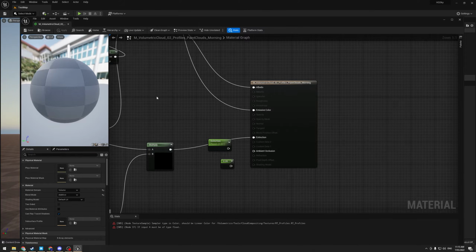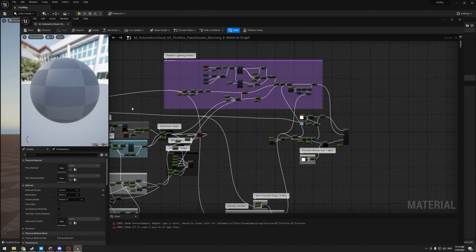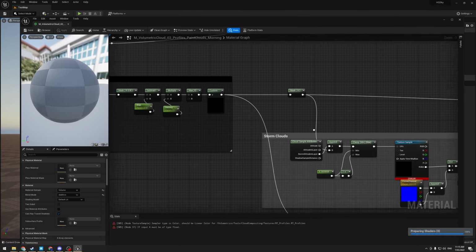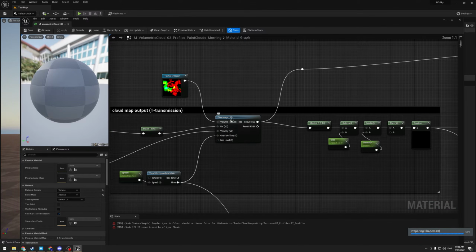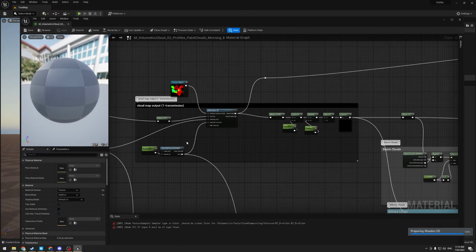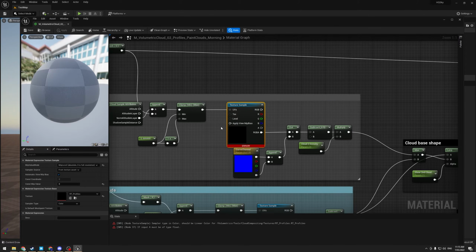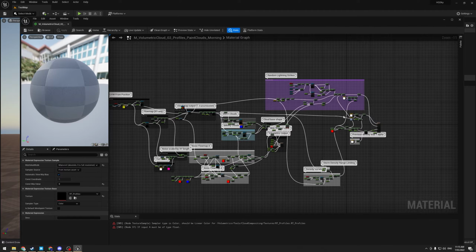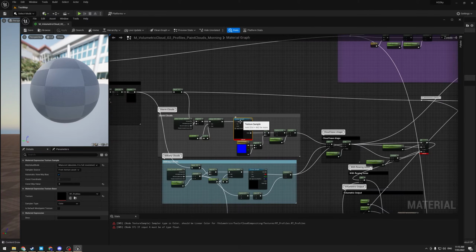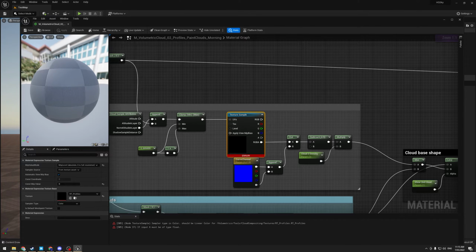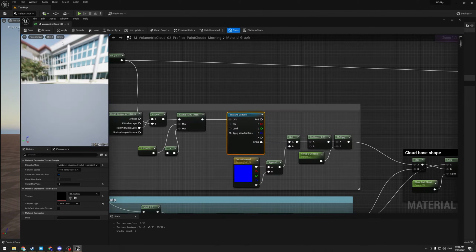For whatever reason, something along the way has changed. I'm thinking it's probably like this noise or flow map or something has changed from being color to linear color, but that's pretty easy. So it's this texture sample up here. It's just throwing an error. All you need to do is change its type in the panel here from color to linear color and save